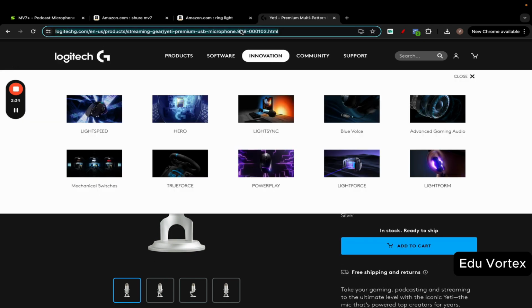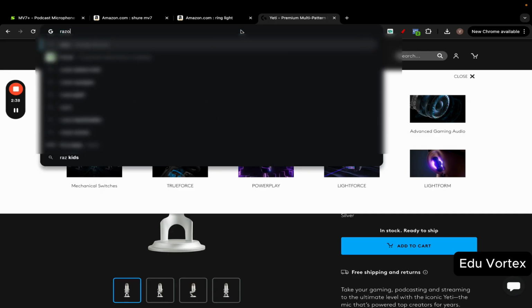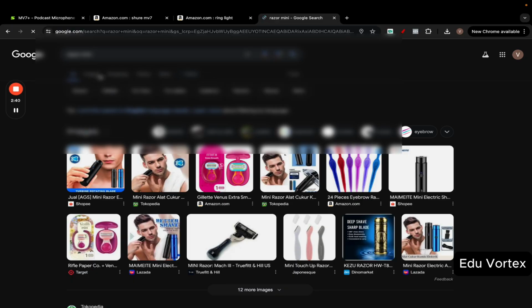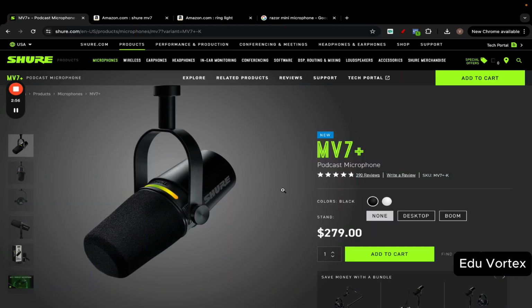There's one I usually use for traveling, which is a Razer Mini. Right, this sounds decent too. Not this Razer Mini. It's this one, exactly this one right here. So Siren Mini, it's the name. This one sounds good. It's super cheap. It's like I think 30 bucks, and it's great for traveling. So if you don't want to spend too much on a microphone, these are the absolute best, most crisp quality,